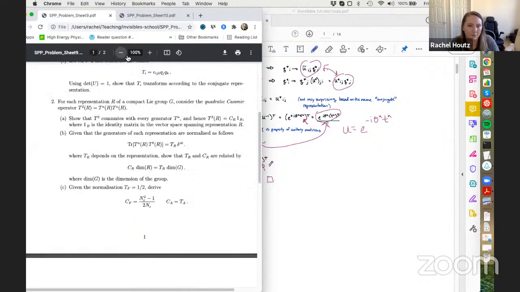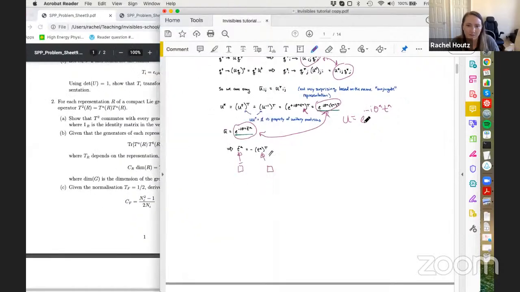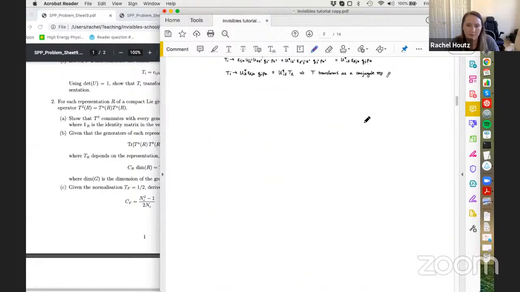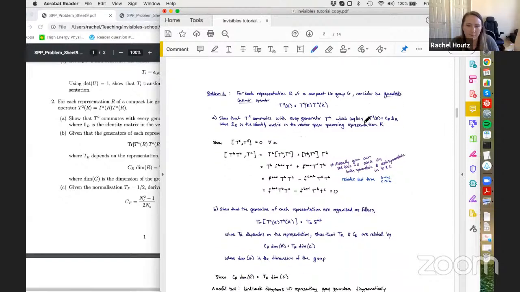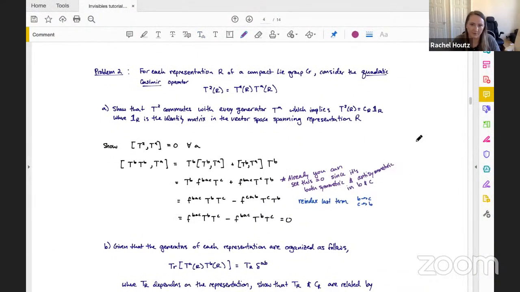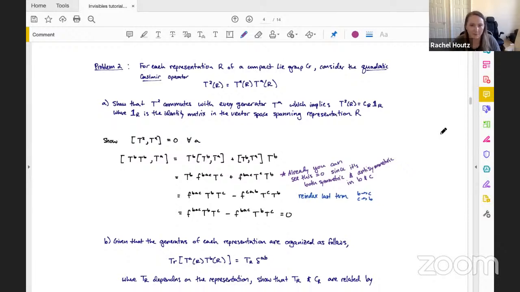Okay, so I've rewritten the question here, and I'll try to keep it on in the window as long as possible. All right, so we want to show that T squared commutes with any general generator in this representation of